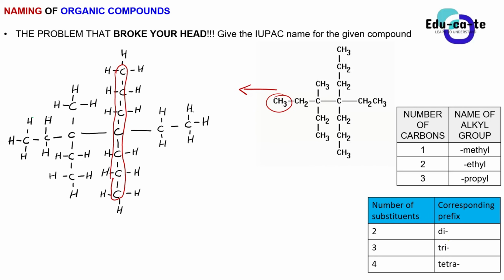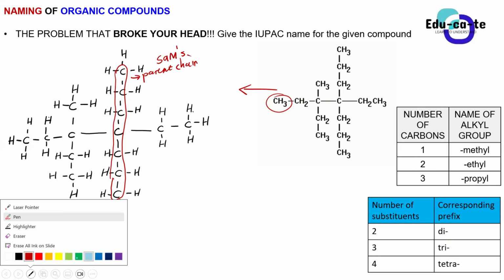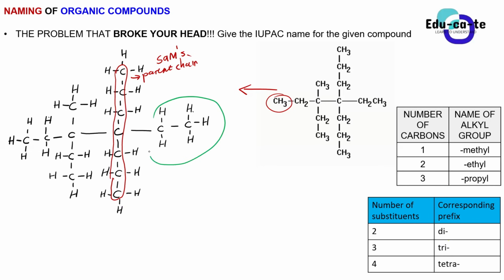Okay, I want to hear one by one each and every substituent. Because I'm sure you guys can see the parent chain, right? The parent chain that Sam did. This is Sam's parent chain. So from Sam's parent chain, guys, do you see that here we are having this ethyl group? Do you guys see this ethyl group? Yes. Okay, this is definitely an ethyl.